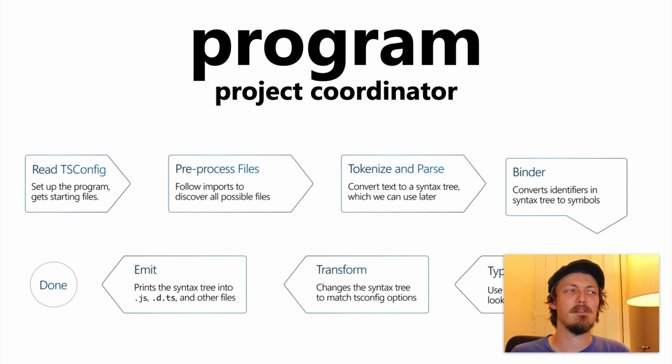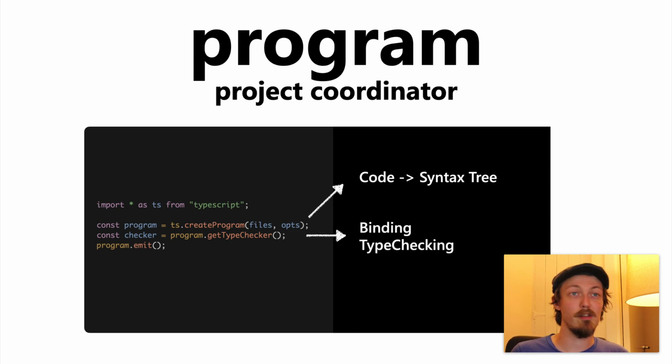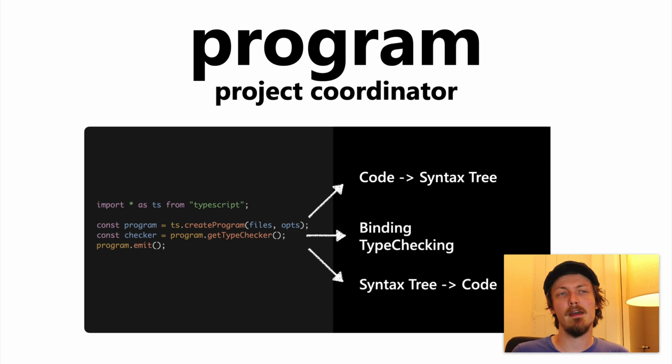That's where it came from originally. And to give you a sense of what I mean, this is what it would look like in the compiler API. This code basically will go through the three major phases that we talked about in three separate lines. Whether you need all of them and how you use them can differ, but at the end of the day,